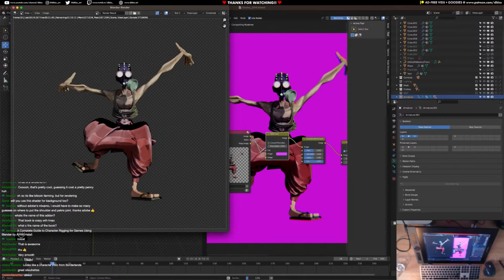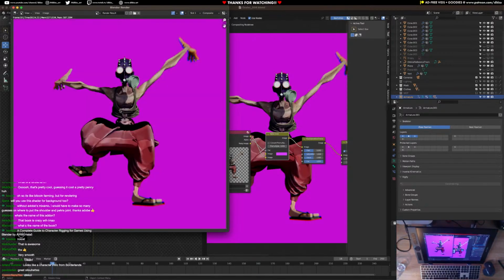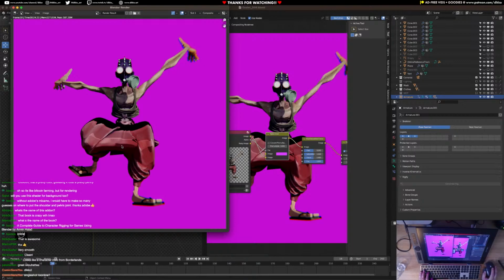All right, cool. Let's just let this load render out, and then I want to see what happens if I can add a toon line to this using grease pencil. So I want to try using grease pencil to toon line this thing out. That's cool. Next step, let's go ahead and try